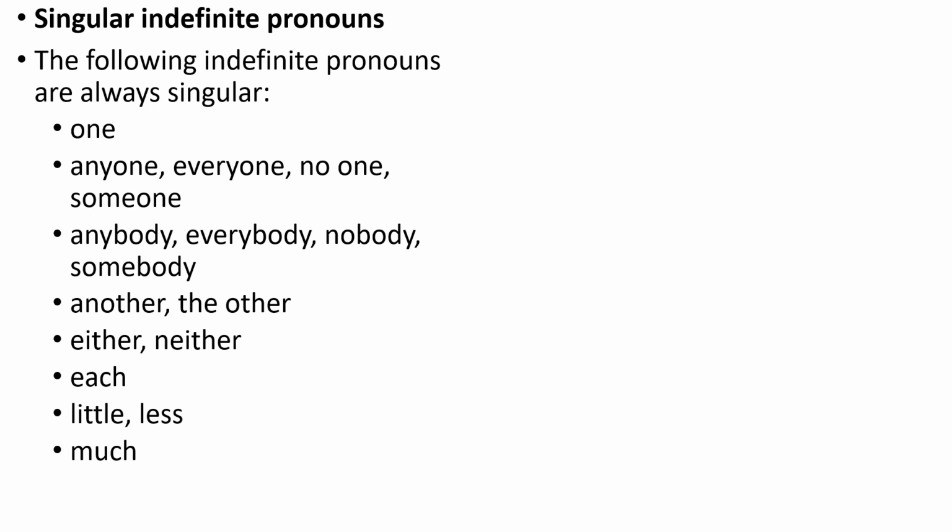So when we're talking about agreement, we're always talking about singular and plural nouns, pronouns, and verbs. Basically, if we have a singular noun, we also want to have a singular verb. A singular pronoun should refer to a singular noun, because a pronoun is always taking the place of a noun. So you want to make sure that if the pronoun's plural, it's taking the place of a plural noun. If it's singular, it's taking the place of a singular noun.